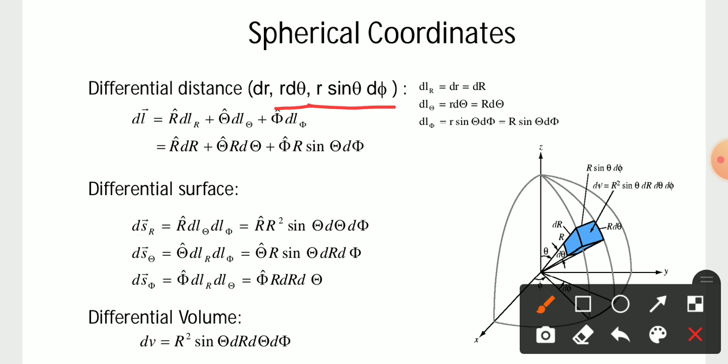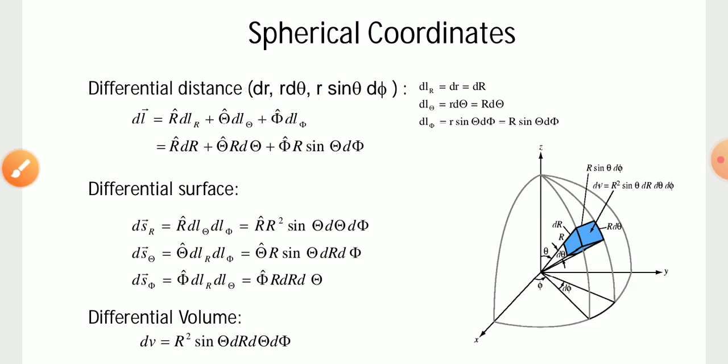So each and every term matters. If a shift occurs due to the change of the values of r, theta and phi, then the combination of these will result in the differential distance. If the length is used only for the r shift, then the expression dl will be the value of dr only. But if it is due to phi and also r, then the expression will be the combined form of dr and also r sin theta d phi.